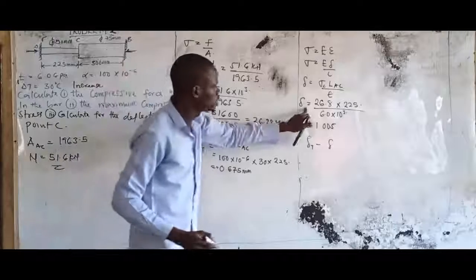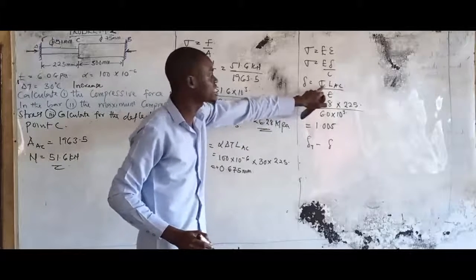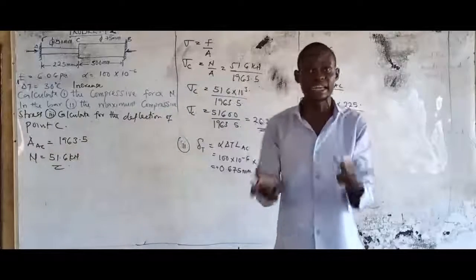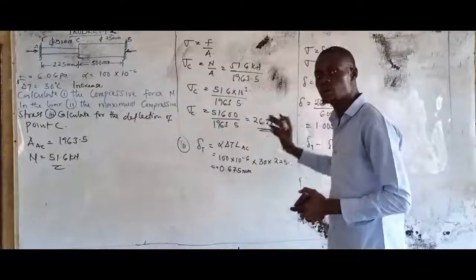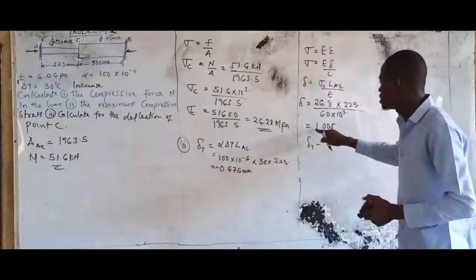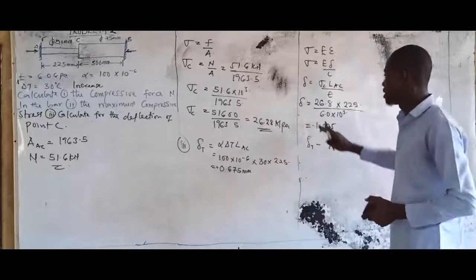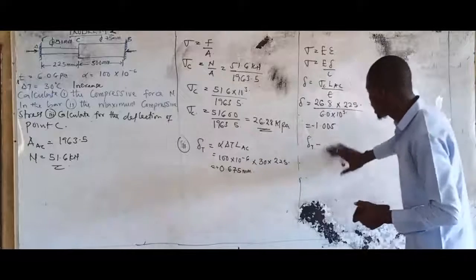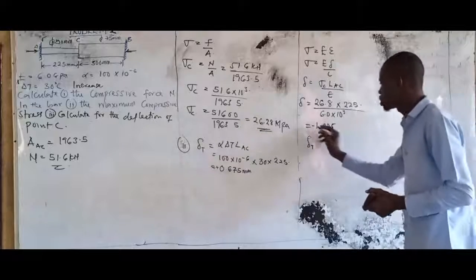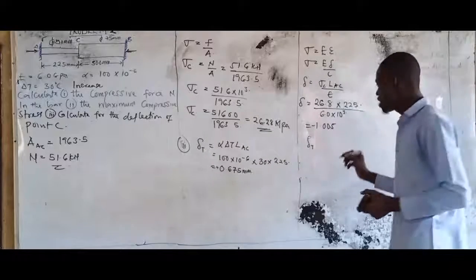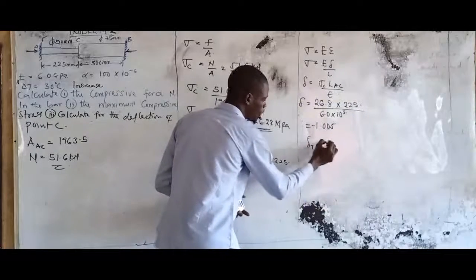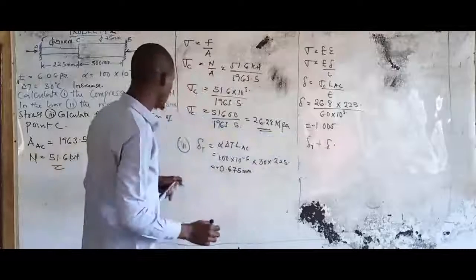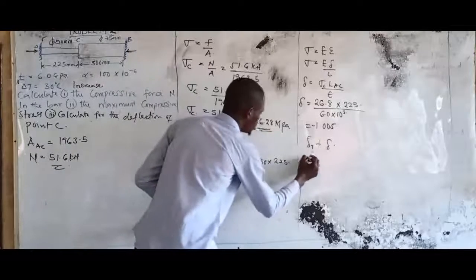While the deformation due to the stress: see, the stress is compressive. For a compressive stress, we know that a compressive stress is always a negative stress. Since the stress is compressive, the deformation here should be negative. That means the deformation should be compressive. I should be having dt plus d, but since my d is negative, I will be having dt